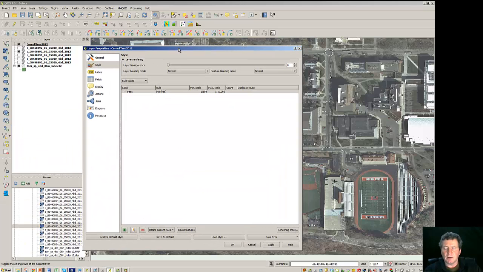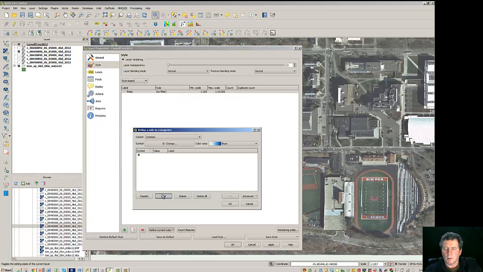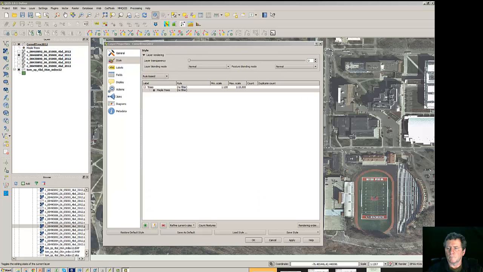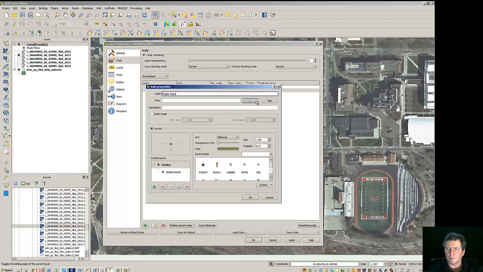And so the idea now, though, is to only put symbols up for trees of a particular type. So what I'm going to attempt to do is to refine this rule. So I've highlighted this rule, and I'm going to refine it by adding a category to the rule. You can see now it's a pull down underneath. Okay, so what we want to do is to edit this rule and put in a filter,